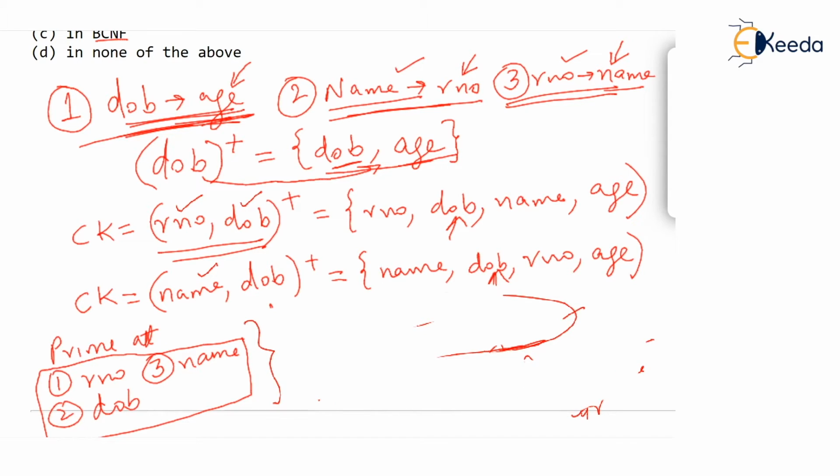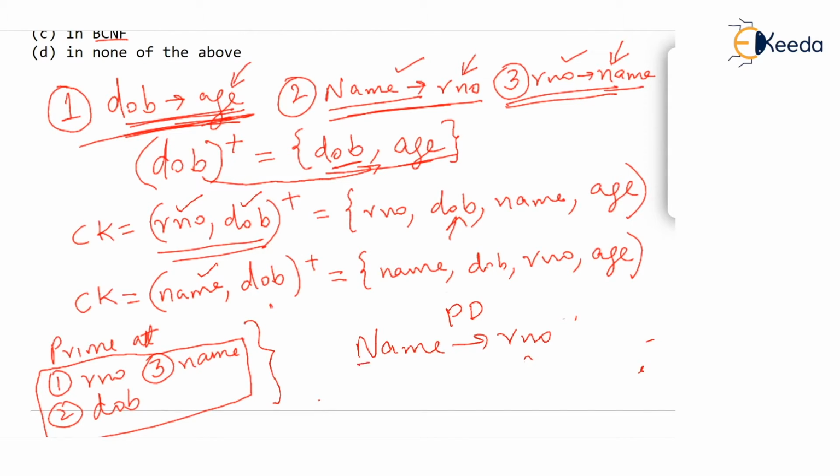Basically, by this time we have known that this table is not in 2NF also, because it has partial dependency. The first dependency is partial. So that's it, enough. No need of checking other dependencies. But just for a matter of understanding, just see the second dependency, name determines roll number. Is this dependency a partial dependency?